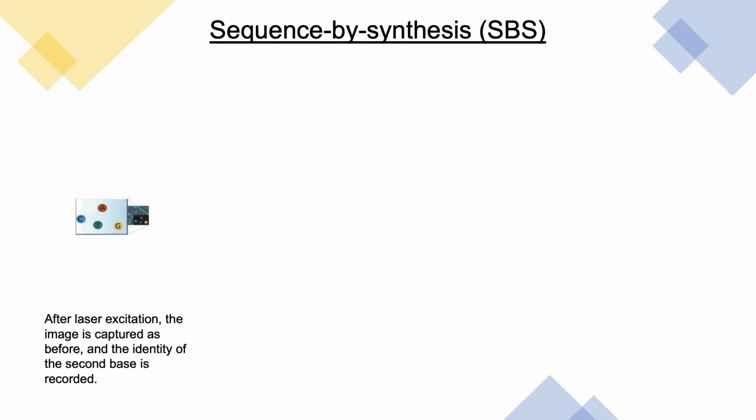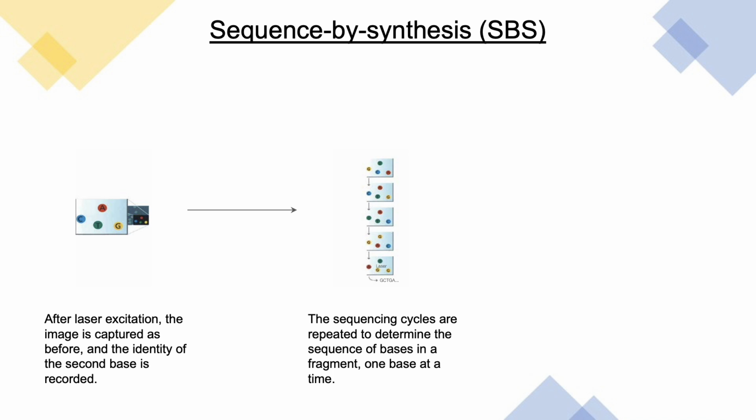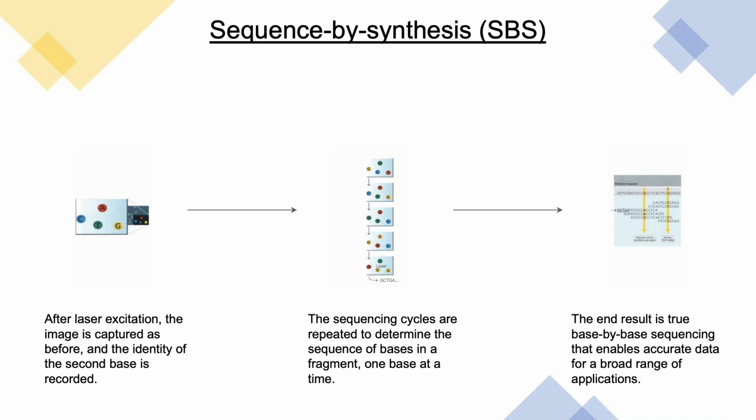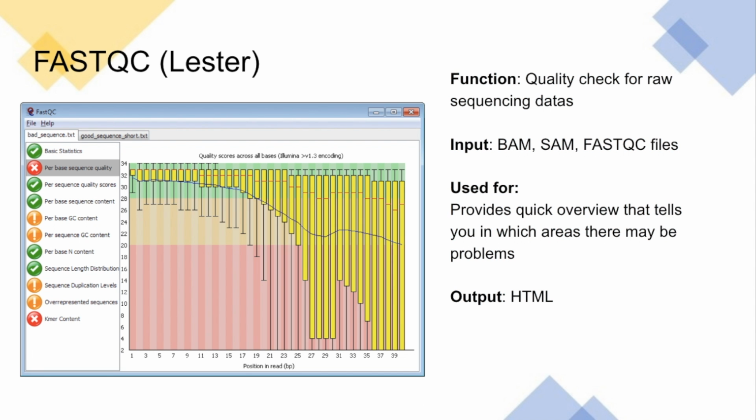After another laser excitation, the image is captured and the identity of the second base is recorded. These sequencing cycles are repeated to determine the sequence of bases in a fragment, one base at a time, the end result of which is a true base-by-base sequencing that enables accurate data for a broad range of applications. After sequencing using Illumina, the quality of the raw sequencing data was assessed using FastQC. FastQC is a tool that can be used to check the quality of raw sequencing data from high-throughput sequencers such